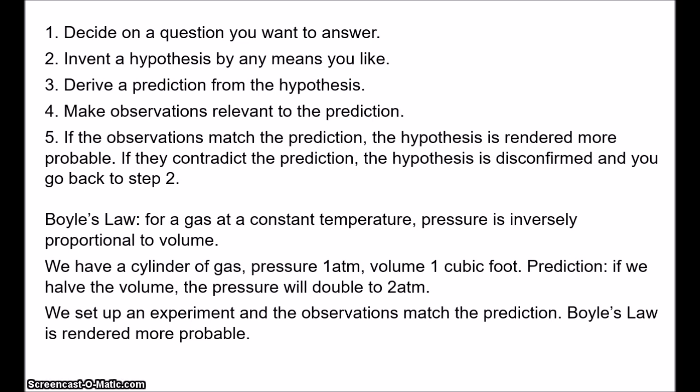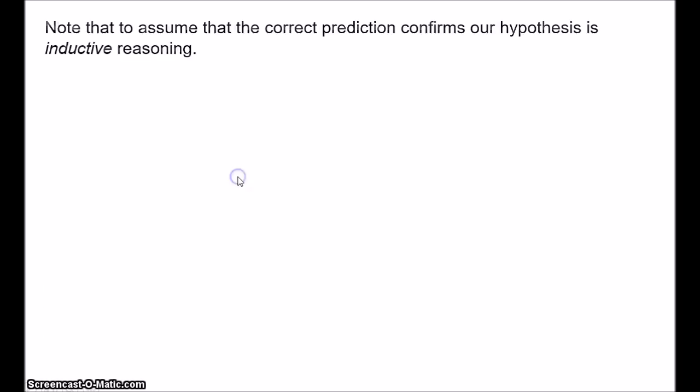The hypothesis is that pressure is inversely proportional to volume. The prediction is that when we have a gas in a sealed container and halve the volume, the pressure will double. We make the observations, it confirms the law. Pretty simple, I think. Now, an important thing to notice about this is that although this is called the hypothetico-deductive method, this is actually inductive reasoning. We're assuming that a correct prediction confirms the hypothesis, and that's clearly inductive, because